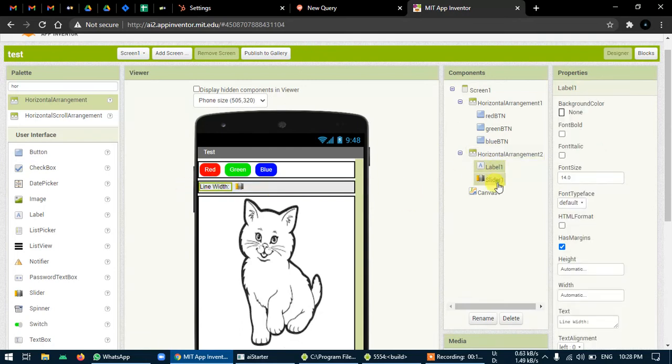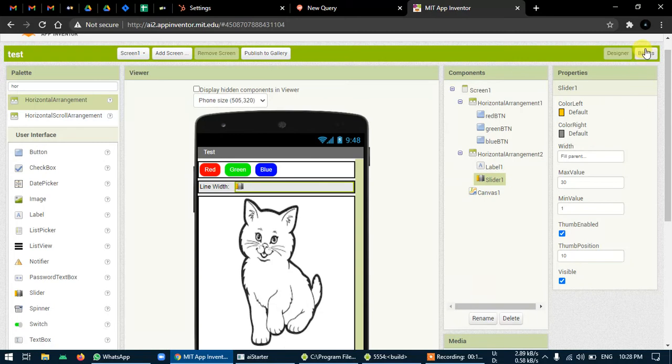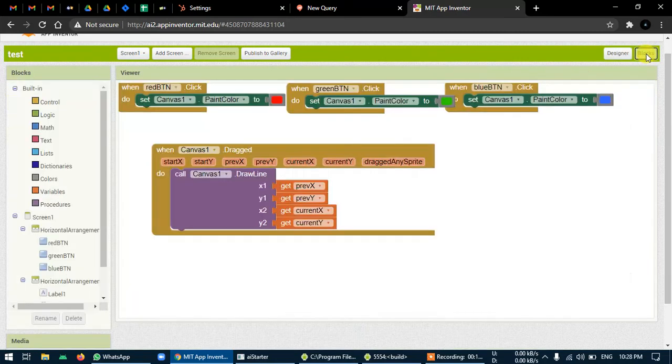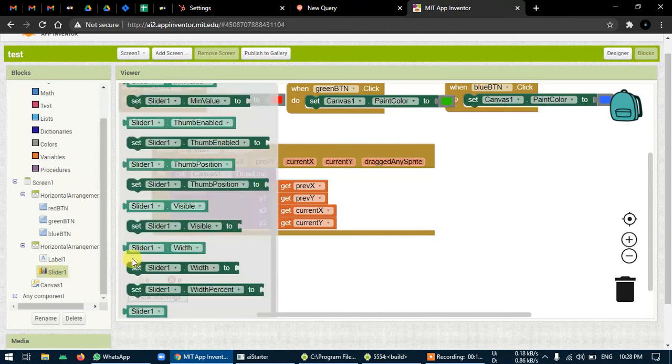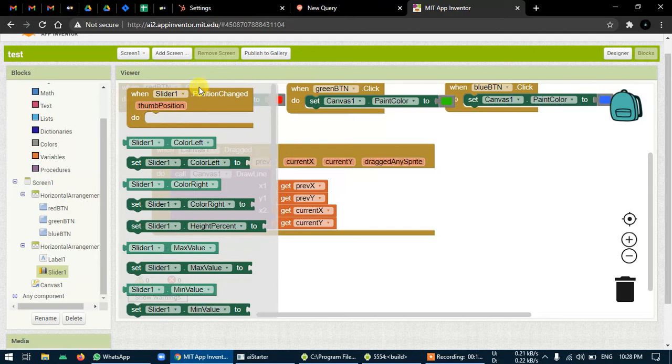Now we have to use this slider to change the line width whenever we want, like the dynamic one. I can go to slider. So whenever I slide it to the right side or left side, whenever the slider position changed, we need to use thumb position variable, because in thumb position variable we will be getting the current position.